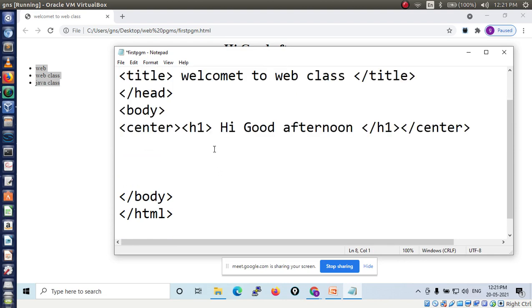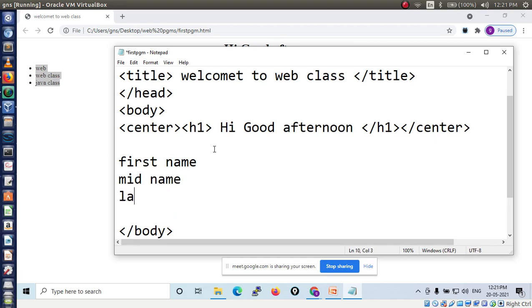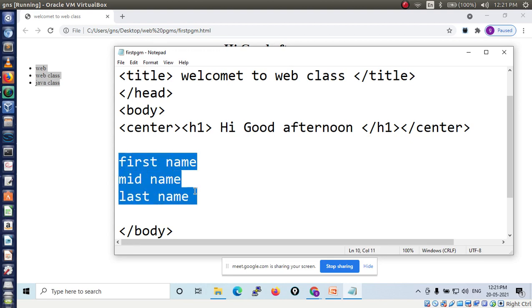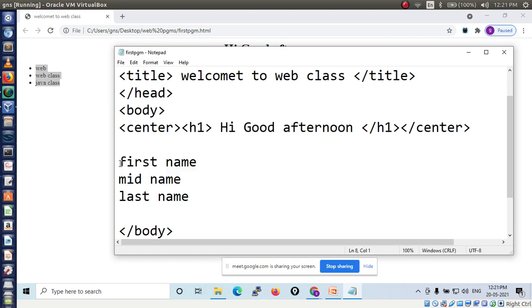All of you display your name like this: first name, mid name, then last name. All of you write in your notebook code. Don't send, okay, you write it in your own hands. Then later while uploading the PDF file, at that time I am going to see this example. You have to display your first name, mid name, last name, or you can directly display like this: first name, mid name, last name, in unordered way.